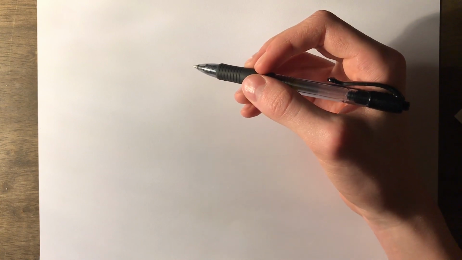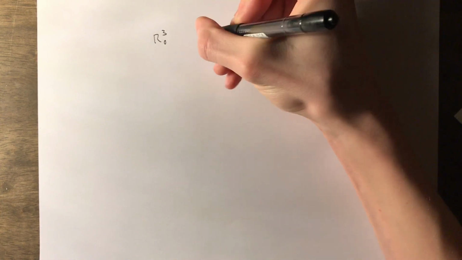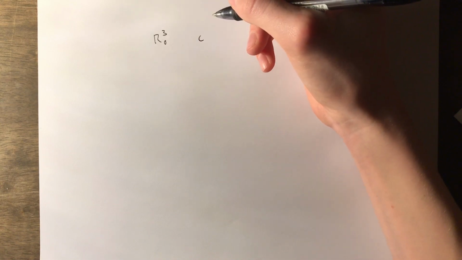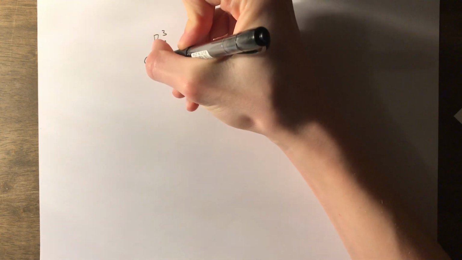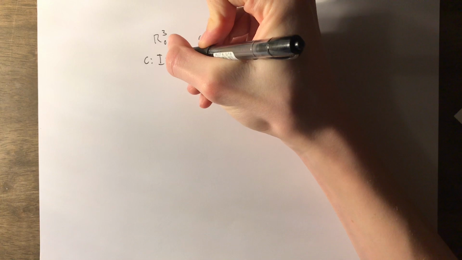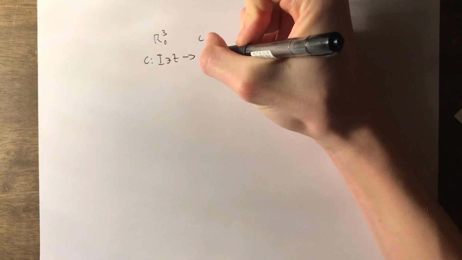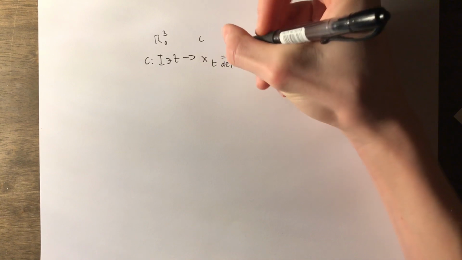The idea of the tangent spaces of R^3 comes from the notion of tangent vectors of a curve. A curve C of the space R^3 is a subset of R^3 whose points are determined by a differentiable function of the form C from I that contains an element t, maps x_t is equal to, by definition, x of t